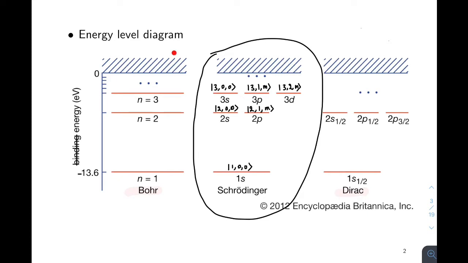We can compare this model with the much simpler Bohr atomic model, which doesn't have the structure due to L and M quantum numbers and is only able to explain the gross features of hydrogen atom spectrum. On the other hand, we have much refined Dirac equation, which correctly accounts for the spin of the electron and provides us these new quantum numbers and gives us a better understanding of the hydrogen atom spectrum. And solving the Dirac equation and understanding it can be a final year project if anybody is interested.